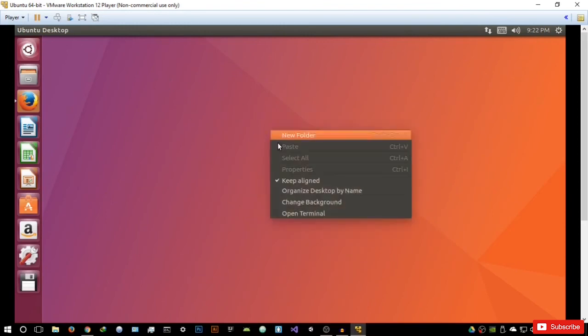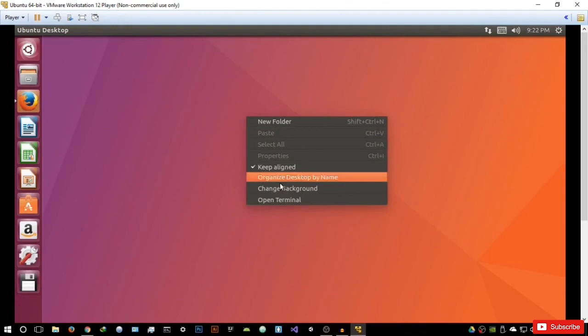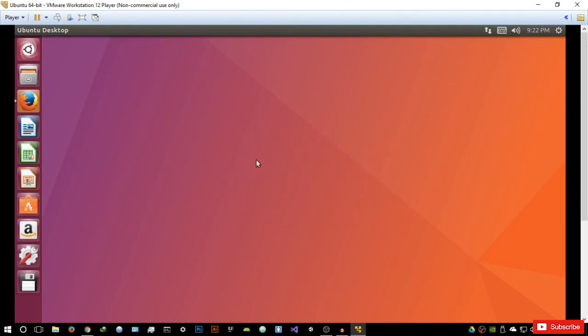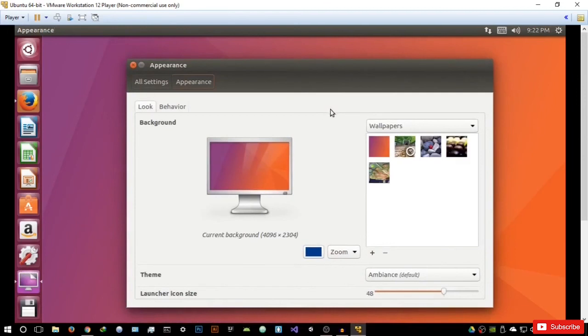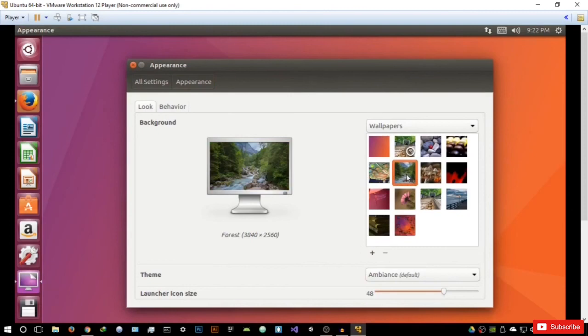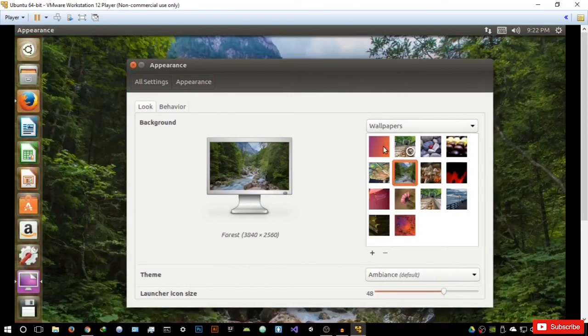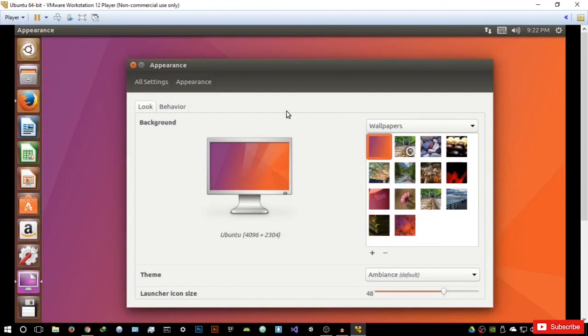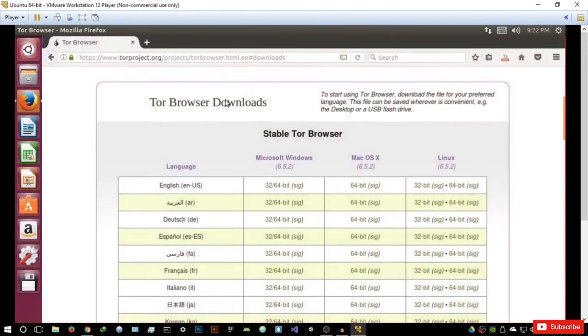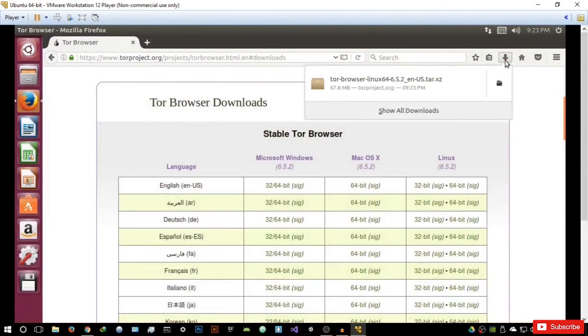If you want to customize your wallpaper, you can just right click and go to change background. Again, this is for beginners at Linux and those of you who are not very confident using it. There's some very good wallpapers you can select from here. You have this forest one right here. Again, you can download your own wallpapers and change them according to what you want, but that's for another video. I'm just going to select the default one, and let's open Tor browser, and the download